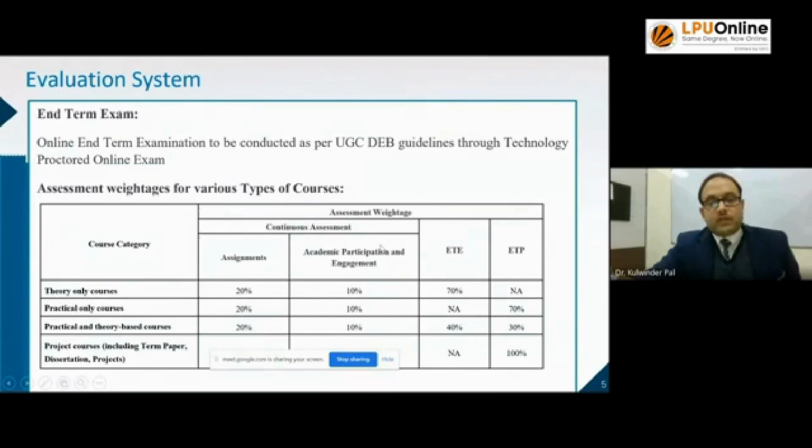And how we are going to conduct the continuous assessment, that would be based on your score in your assignments that will be provided to you through your LMS, and then your academic participation and engagement in different academic activities which you will be doing through your learning management system. I'll explain these two concepts in upcoming slides also. Similarly, if you have